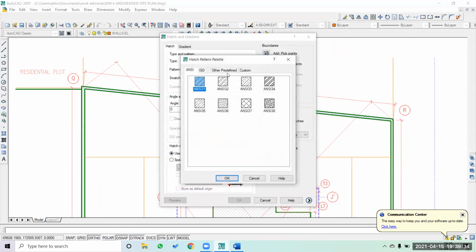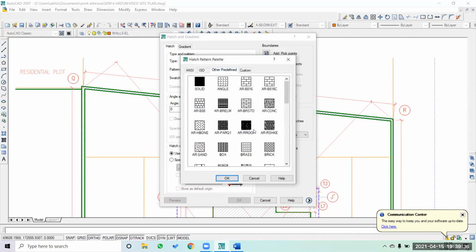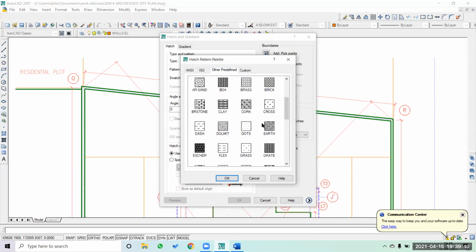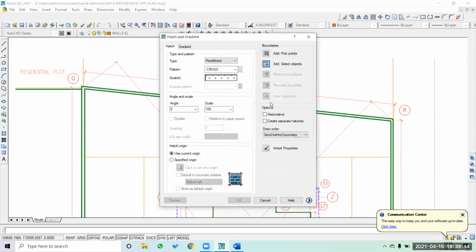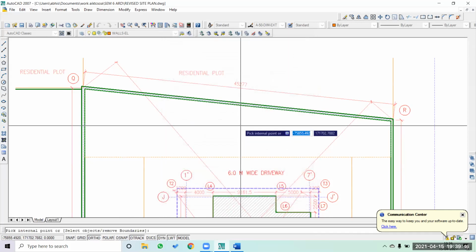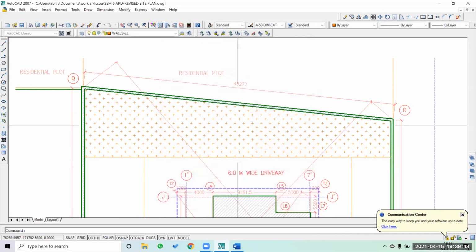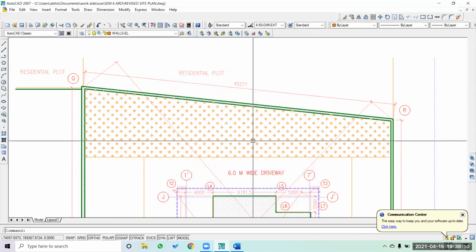Okay, so I'll go into the other hatch. If you can see this cross hatch, I'm going to go for that. Okay, and it will come up like this.